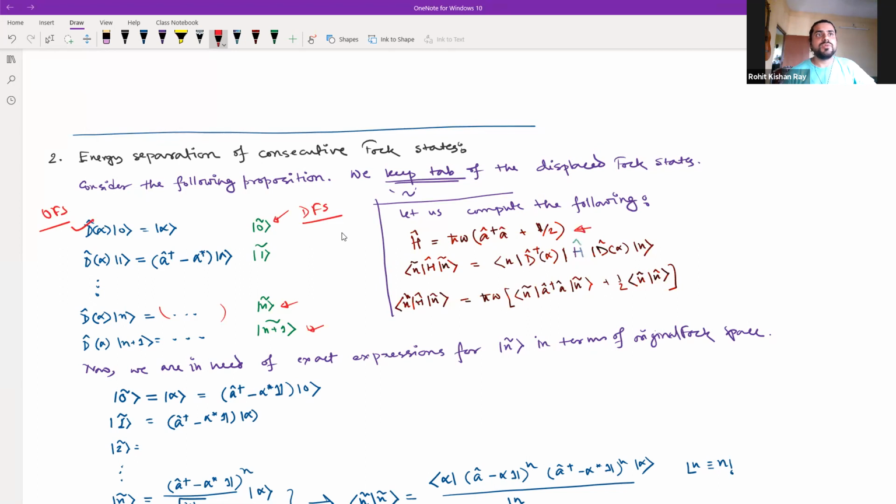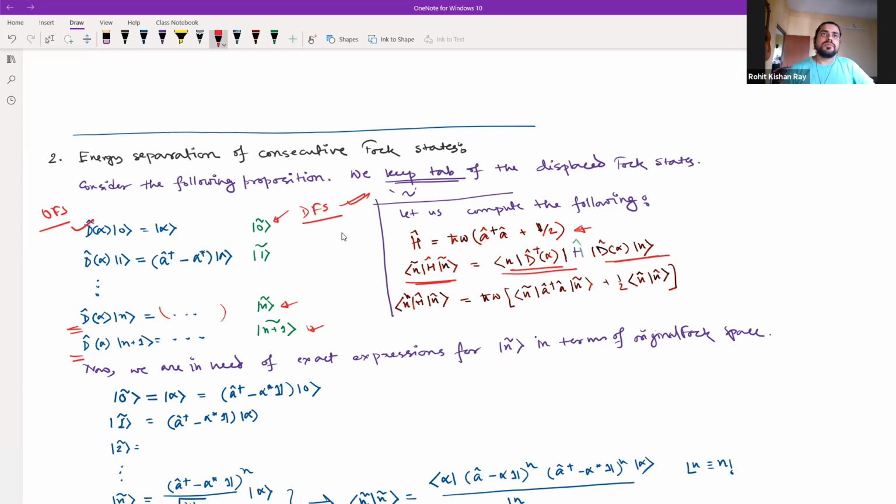Once we have the Hamiltonian, we can also find... and since the Fock state is just displaced, the Hamiltonian is not going to change. So what we can do is find this expectation value, and once we do that, see, these are tildes, so the entire calculation is happening in this state. We express, from this equation and this equation, the tilde to be this form, and similarly this tilde is also written in this form. So our Hamiltonian remains as it is, and that is why it is written in different ink.